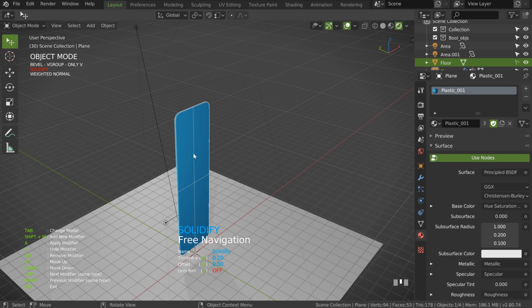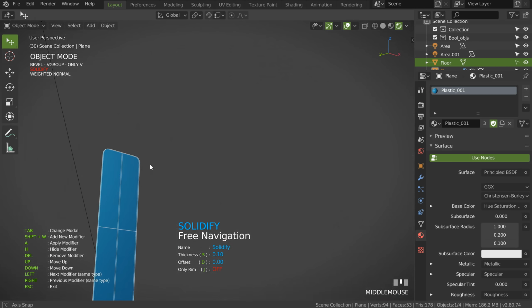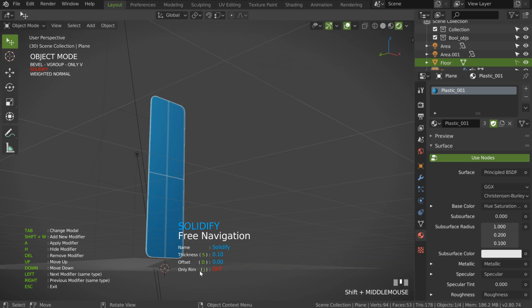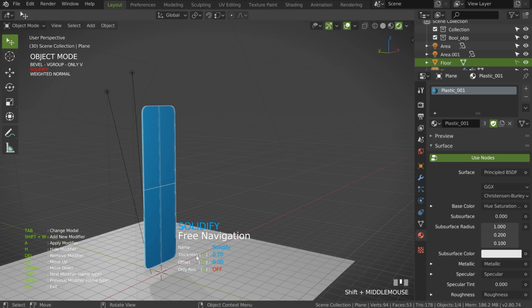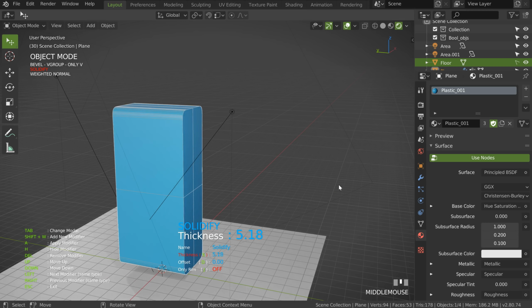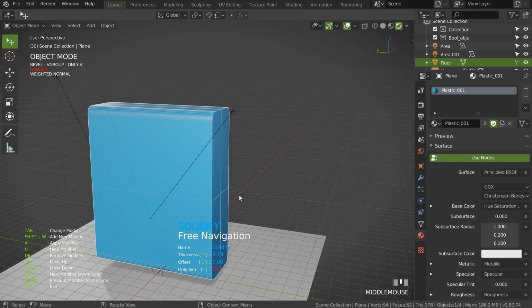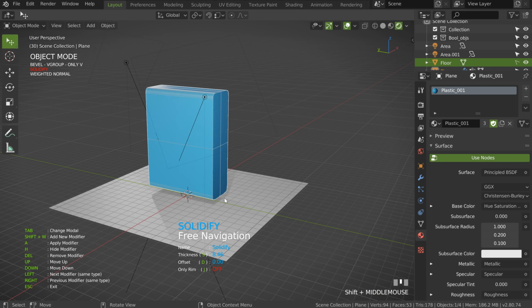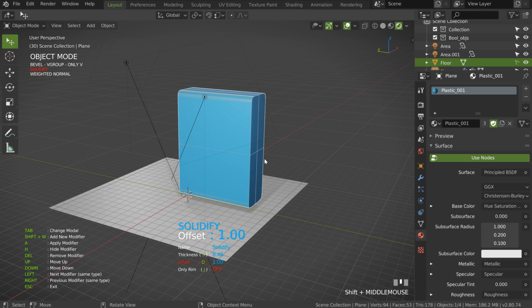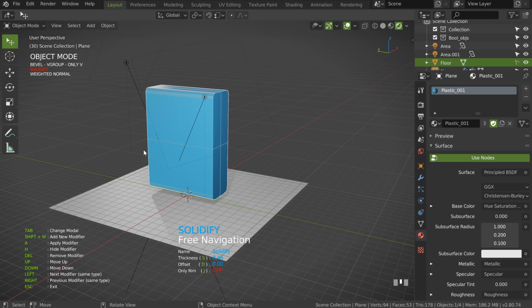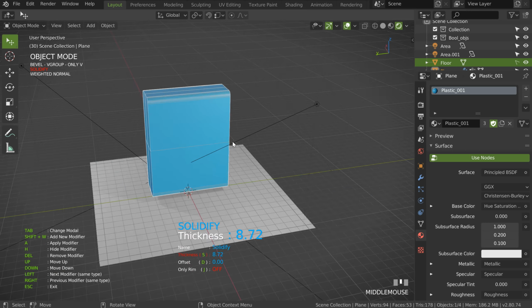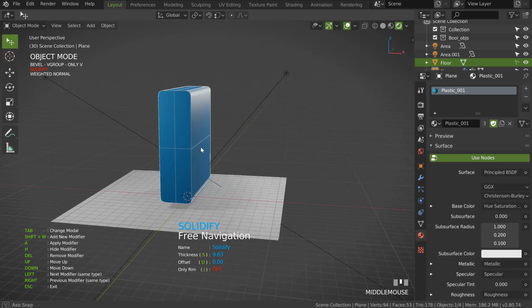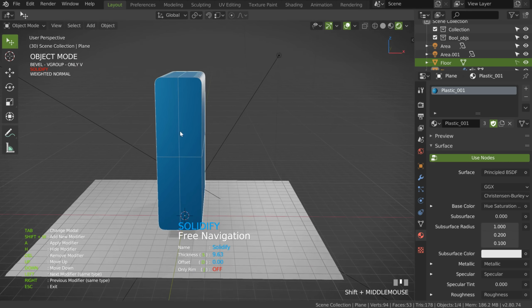Okay, so this is okay for this space, so I will press Tab, I will click on Solidify, and I will have the same result. As you can see, same keys, S, D, and etc. So this time, S will be for the thickness on this Solidify. I will keep the thickness here like that. You have also the offset with D to change it, but I will keep it to 0 to have my object centered on my scene. I will just play with the thickness to have this result, okay?